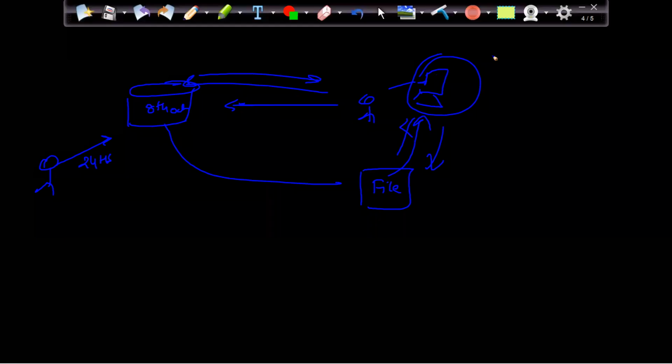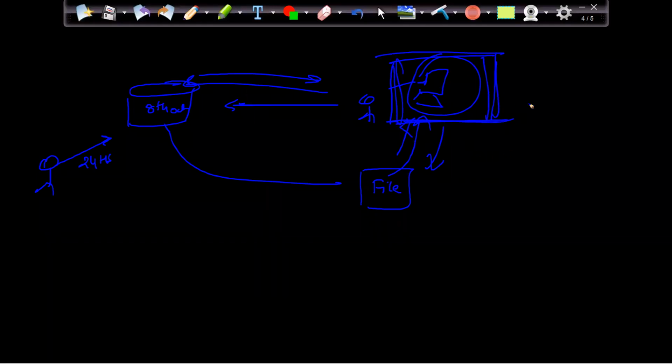So this particular file is known as Tableau extract. The extension of Tableau extract is .hyper.